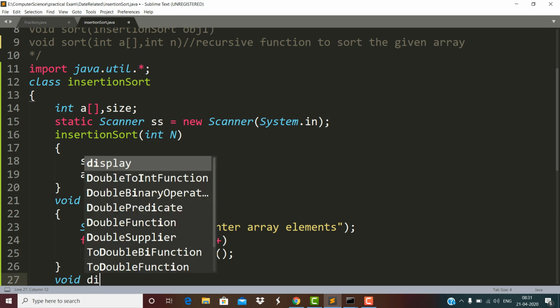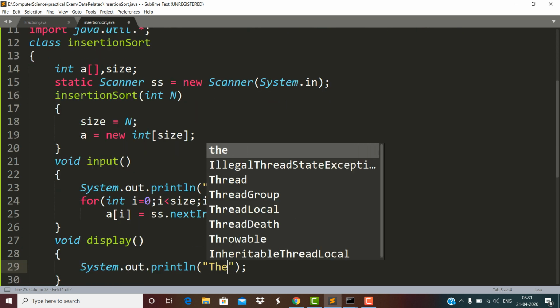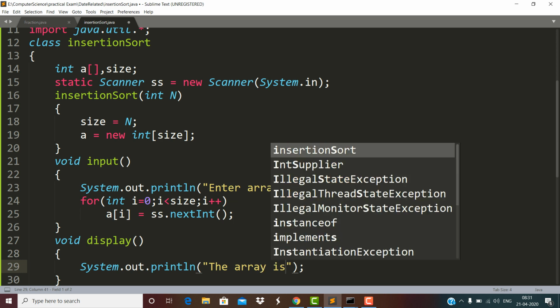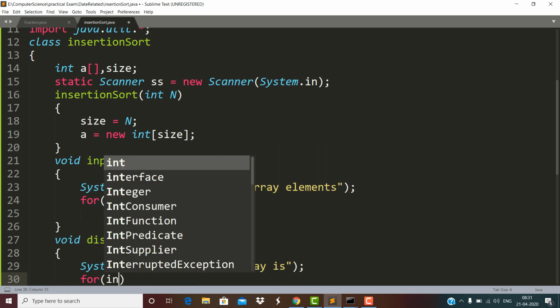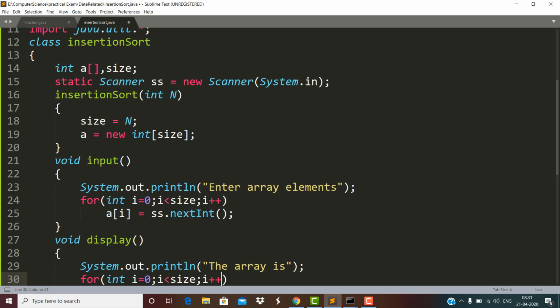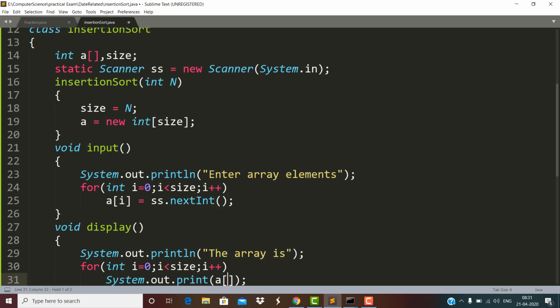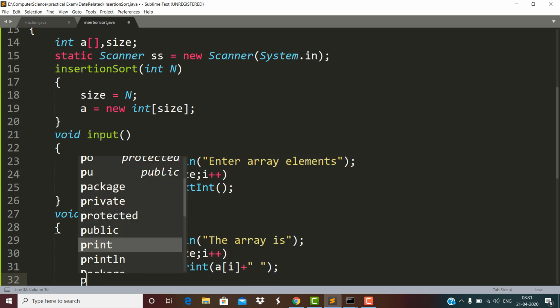And after that void display, that is, the array is. So for int i = 0 till it is less than size, i++, and here we are displaying the array like this. We have i plus some space.